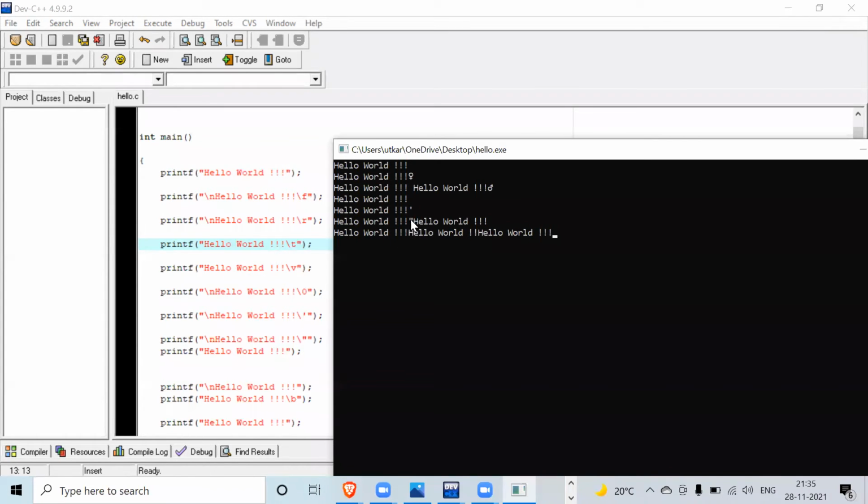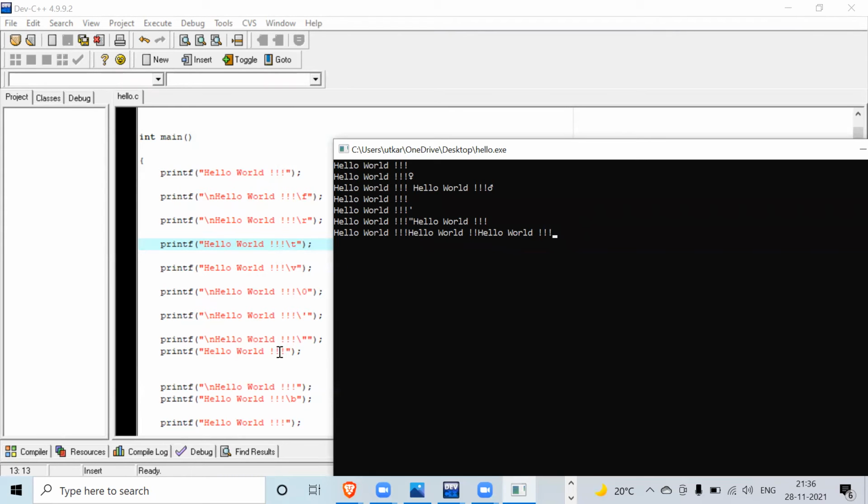Now see, here we did not use \n. Here we did not use \n. What happened? The lines are clashing. They are just right after each other. We did not use a tab either. For example, where we use \t, we got a space gap here, but here we are not using anything. So this is a problem. So now you guys know why we need this tab or the \n. We need the \n so our program gives output in the next line once that is used.